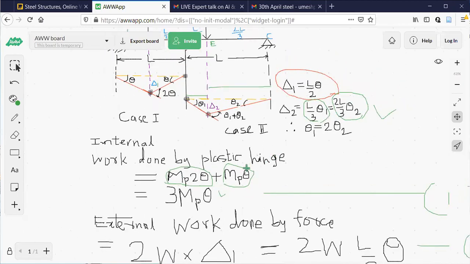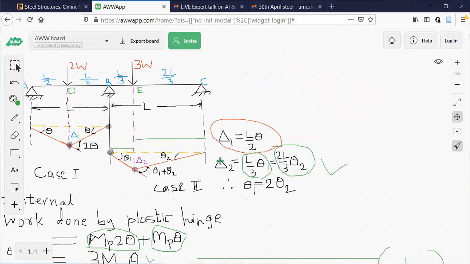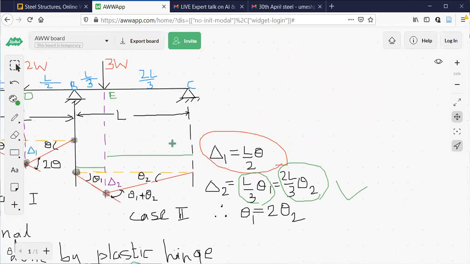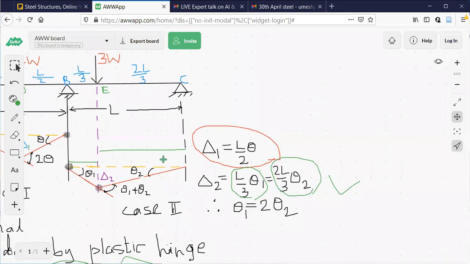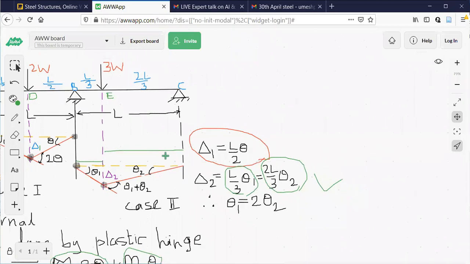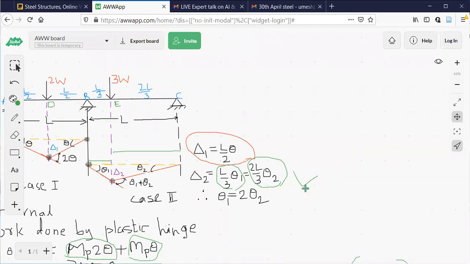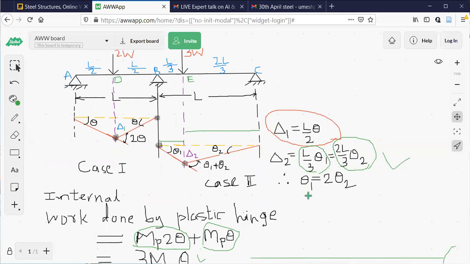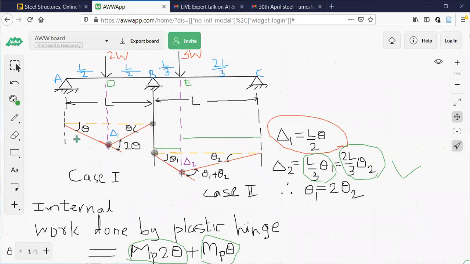Okay, let us come to span BC. I have not done this one actually, right now I will do it here. How many plastic hinges are formed? Purposely the diagram is drawn differently at different levels. In every textbook it is done. One diagram is drawn here, the second is drawn below this, to avoid confusion in notation.